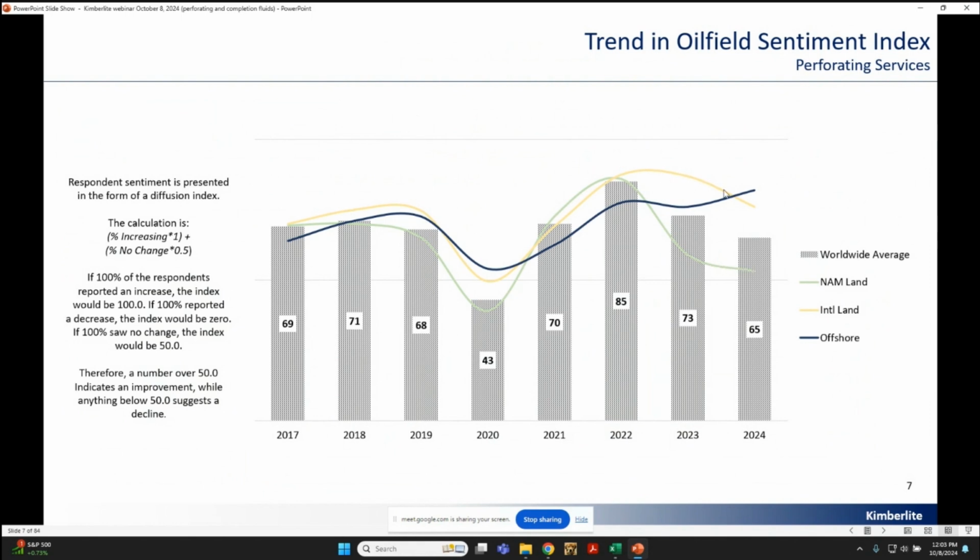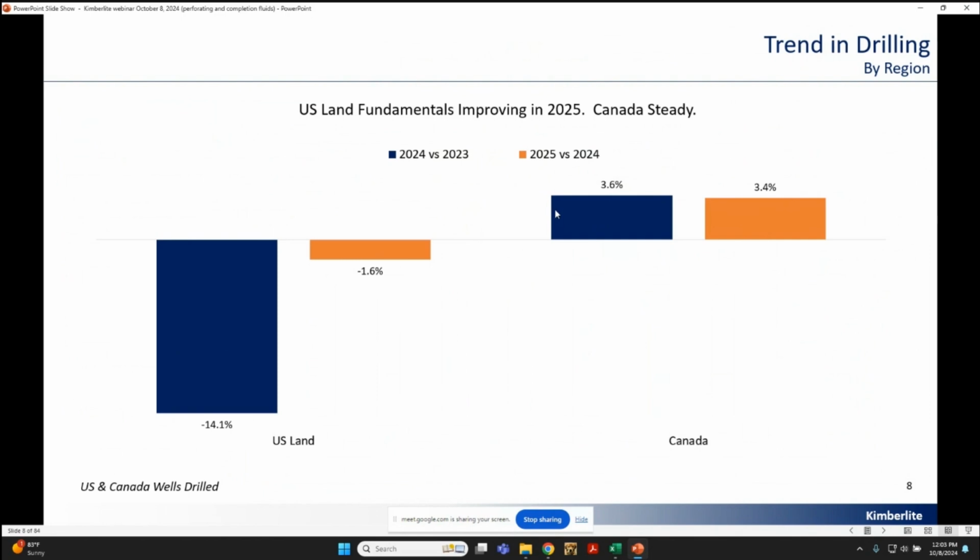International growth is strong, but the rate of growth is declining. And the international market is still strong as well. When you take a look at the market macro for U.S. land on the left, we're well on our way to drill 14 to 15% fewer wells in 24 versus 23. But the fundamentals are set to improve in 25, where we're projecting to only drill 1 or 2% fewer wells